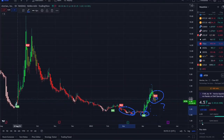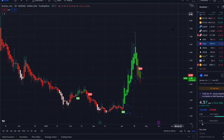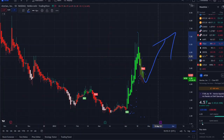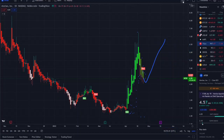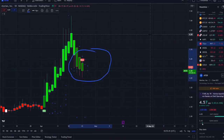And last time when this stock squeezed last year in September, it popped up and it lasted all the way until February. Then another one popped up in March, and here we are with this big movement. Now, a lot of people say that the squeeze is still in process, and this could all be a setup for another bull run in the bigger picture, but that's a big move from $2.40 to $7, nearly a 3x move. It's something to keep in mind and consider, because now we just got our first bear indicator here on